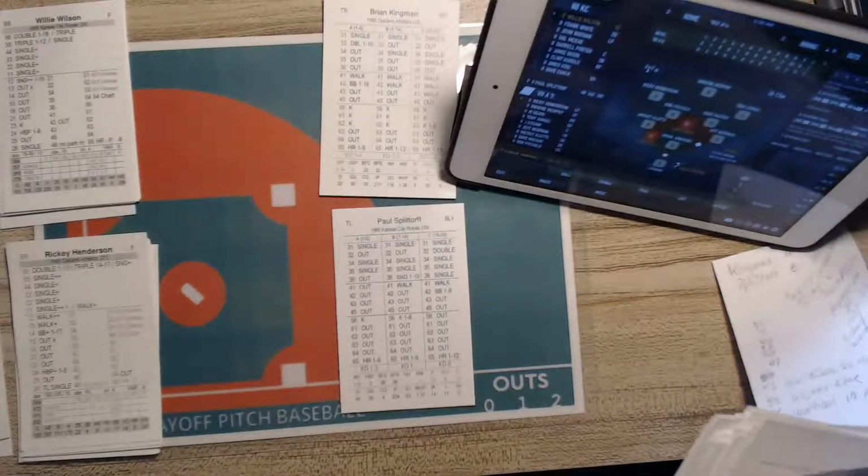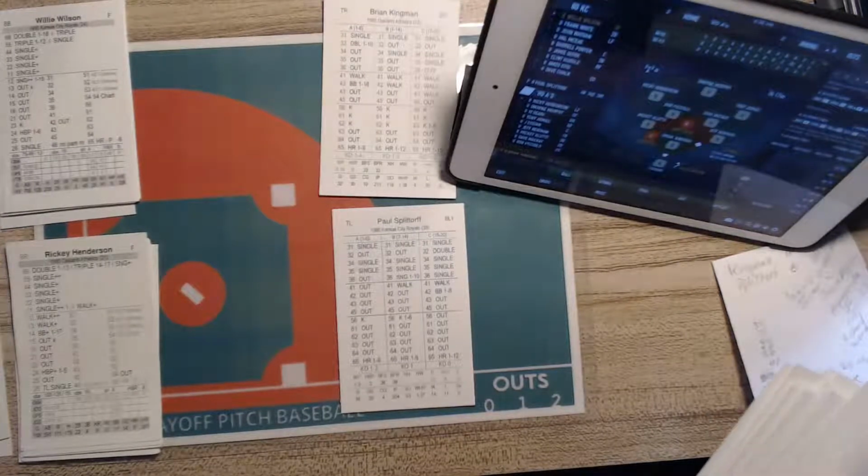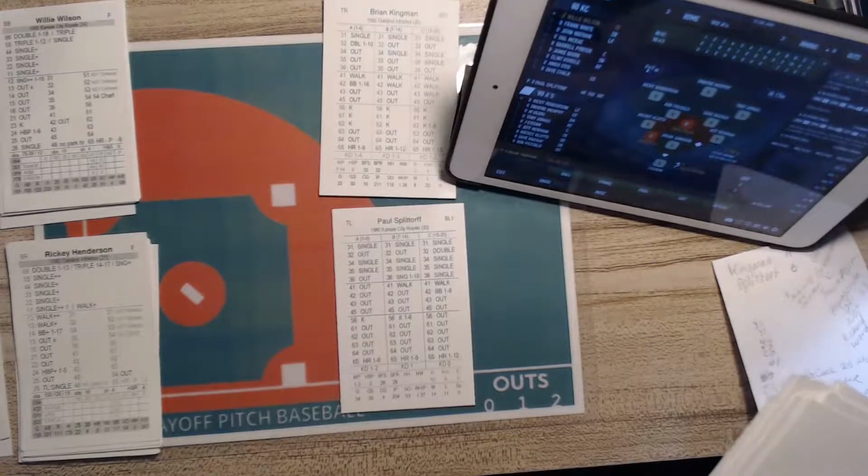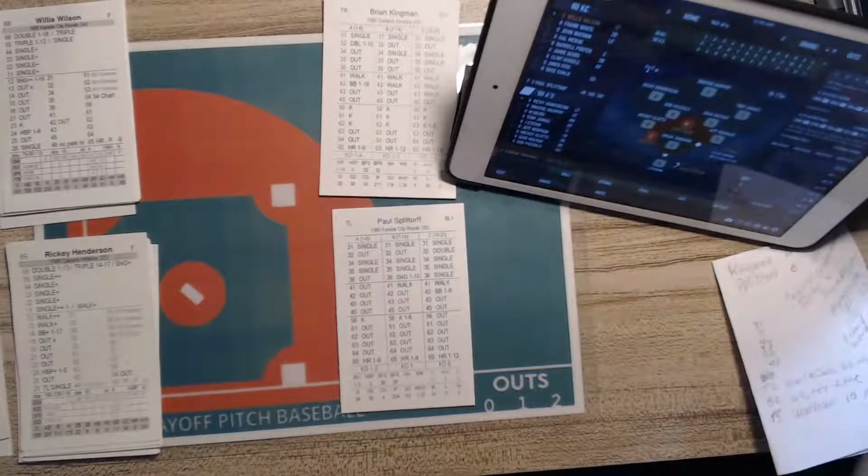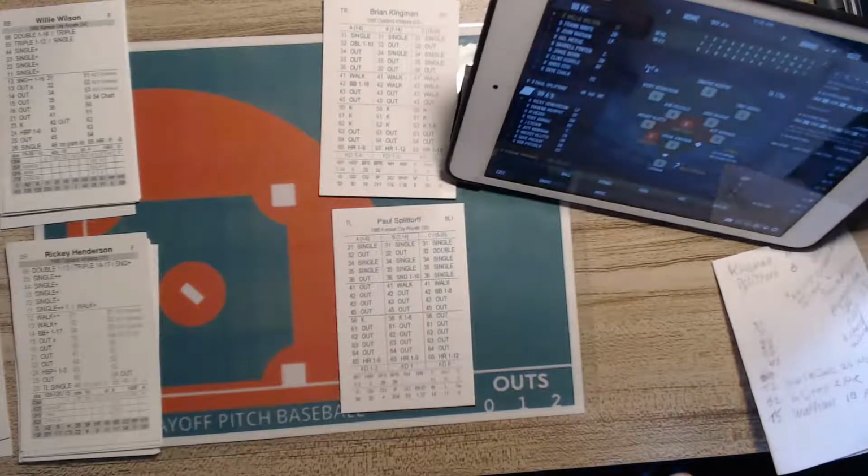Willie Wilson is a 4, so he's going to get down to a 2. Let's see, you know what? Let's see if I'm looking for my bunt chart. It's together with my hit and run chart.